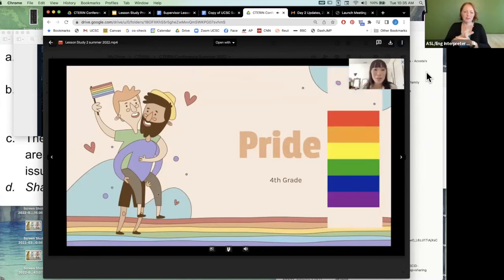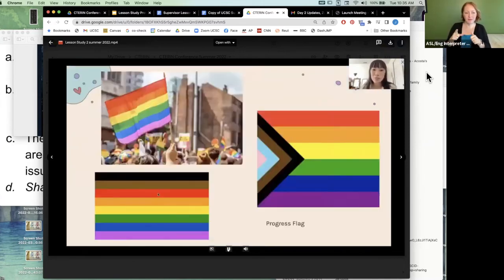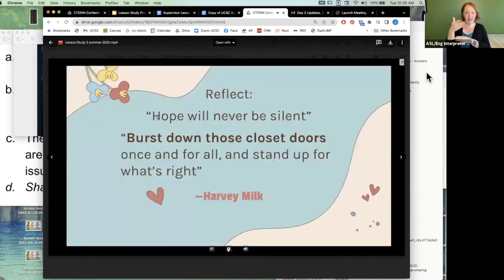Today we were going to follow up with a more in-depth conversation and discussion along with a worksheet that Micah created. We first started off by recognizing and understanding the flag. I started off by having them read these 2 quotes and then do a quick think-pair-share with their partners about what the quotes mean. They could choose either one to talk about, but I wanted to really focus on the first one. This probably took about 5 minutes, just a quick touch on some of the things that Harvey Milk stood for and the idea of hope.